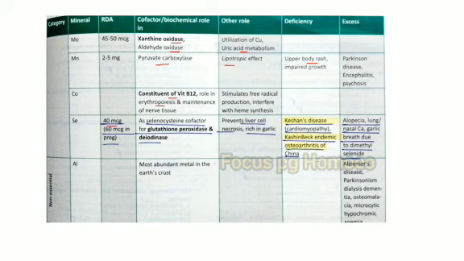Deficiency leads to Keshan disease, cardiomyopathy, Kashin-Beck endemic osteoarthritis of China. And its excess may lead to alopecia, lung nasal carcinoma, garlic breath due to dimethylselenide. Next one is aluminium, and its excess may lead to Alzheimer's disease, Parkinsonism, dialysis dementia, osteomalacia, microcytic hypochromic